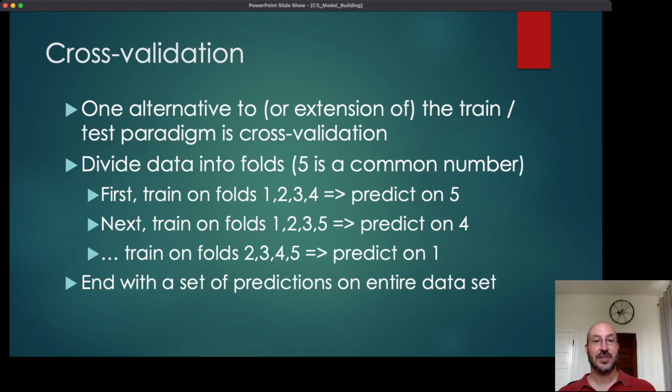And one of the reasons to use cross-validation is if you don't quite have enough data to do a single train test split. So for example, let's say you've got 500 data points. You could say I'm going to use 400 for training and 100 for test. But perhaps you're concerned that 100 data points really isn't going to be enough to reliably evaluate which model is